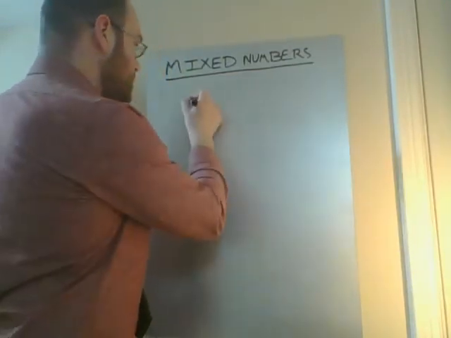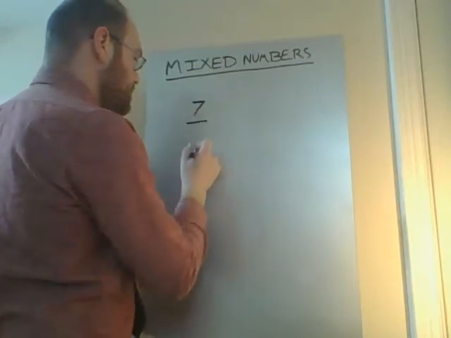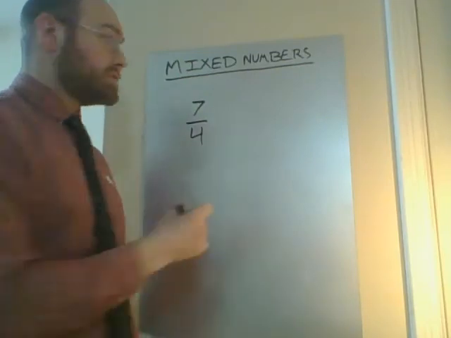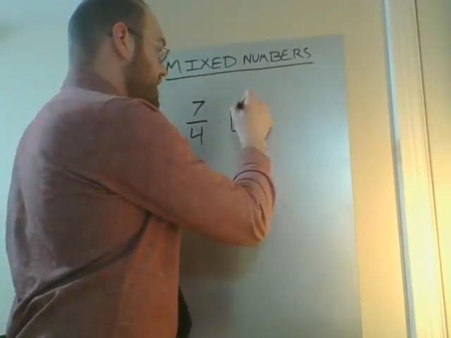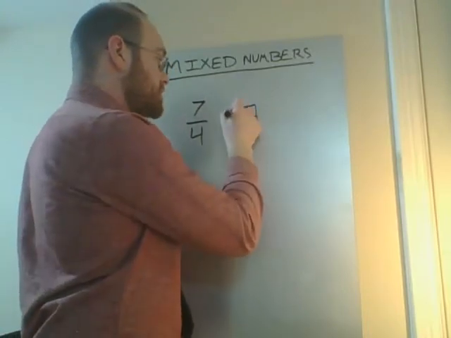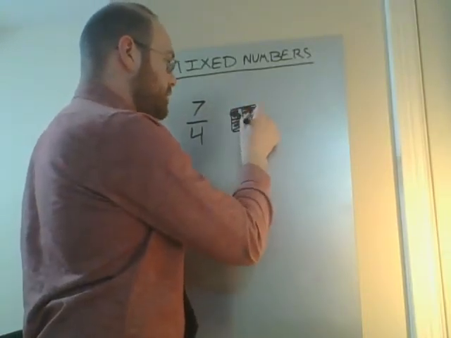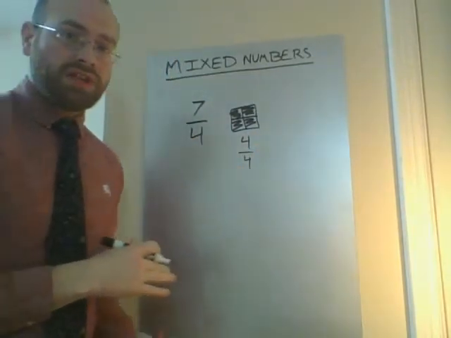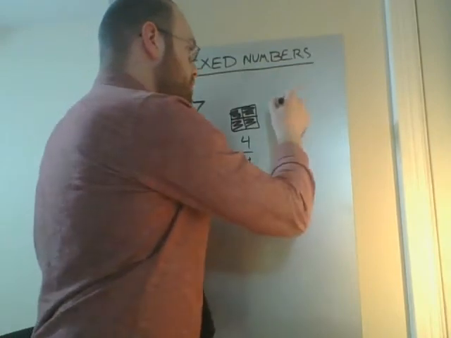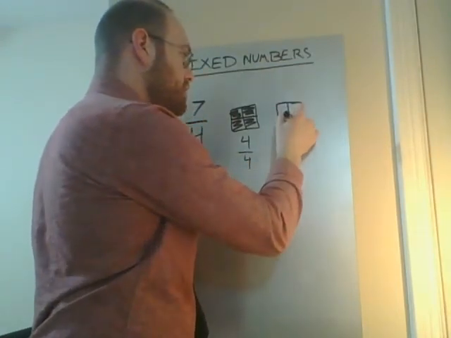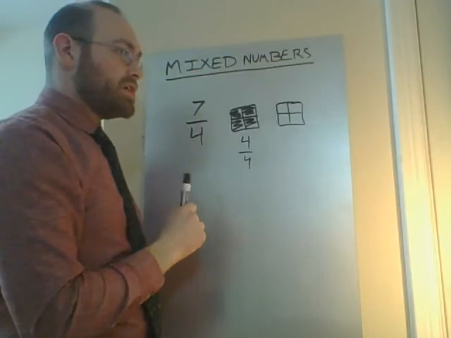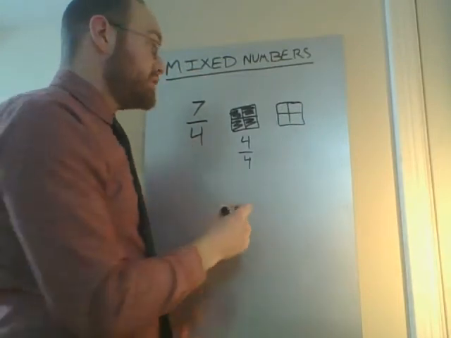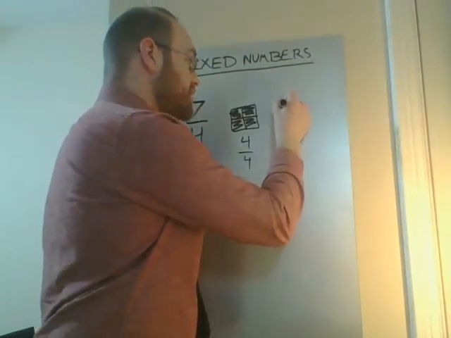How about 7/4? Again, it'll be nice to draw a picture. So I have a square, cut it into 4 parts, shade them all in. And that's 4/4. But I want 7/4, so I need to add more of them. So I'm going to draw another square, and I'm dividing it into 4 parts, because our denominator is 4. That tells us how many parts we divided it into. But this time I only need to shade in 3 of them,